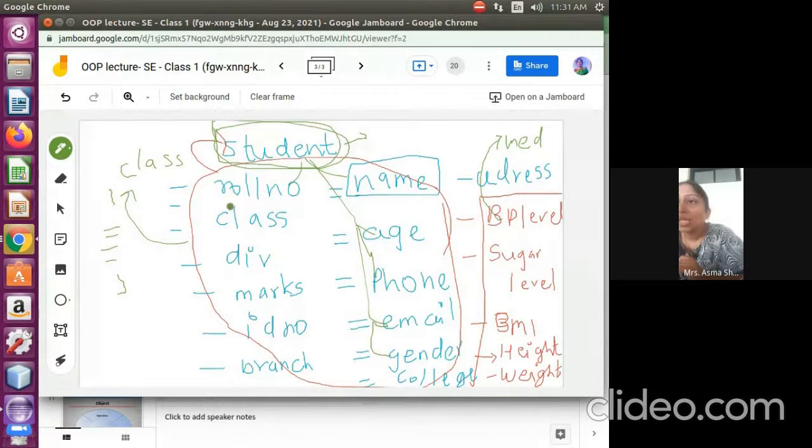The other attributes we can have in a different class. We can have the division also. Marks we can have, as they are important, so we can add those here. Those that are not that relevant, we are going to avoid for this. Whenever we create the medical checkup class, we can add these attributes into that class.